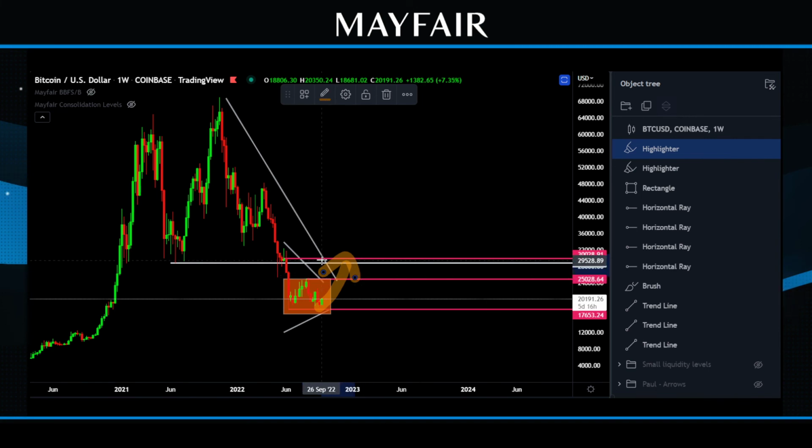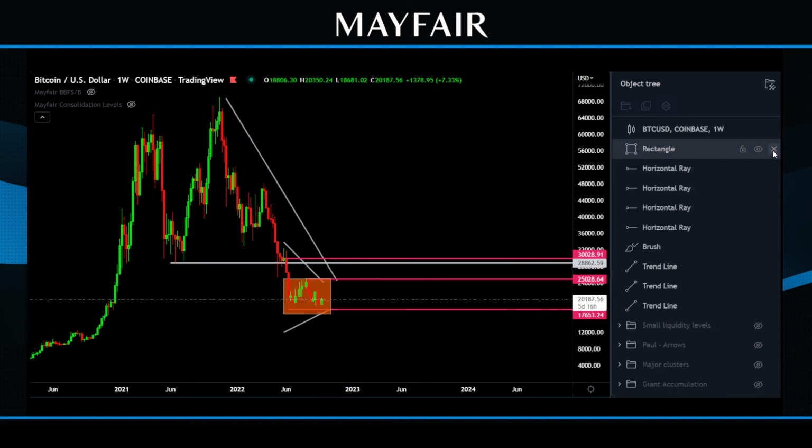Okay, so again, liquidity above 25, liquidity again 28 to 30K region. So for me, if I was to take a shorter term trade, I'd be looking at confirmation on entries in and around these levels, buying the pullbacks with a view of taking this up to these kind of zones. And that's just the shorter time frame, but that's really the accumulation within the accumulation, because this is the ST or ST and B, which means in the grand scheme of things, we're actually relatively early on in a much larger accumulation phase.